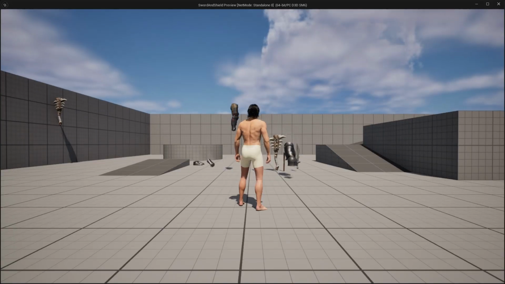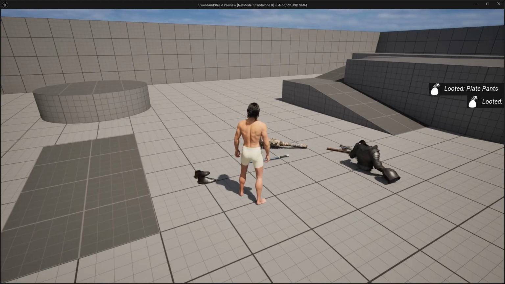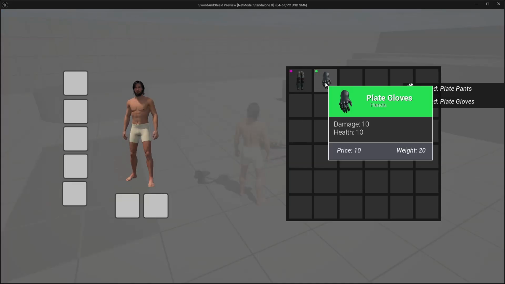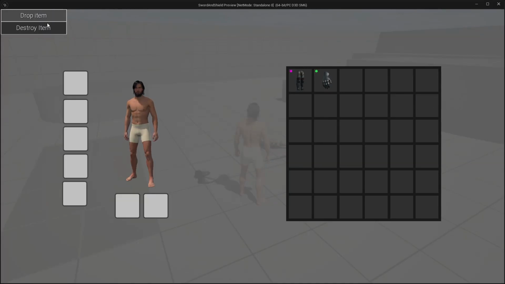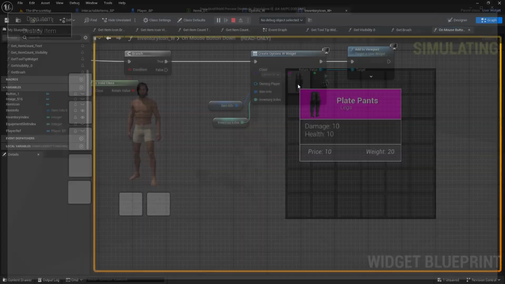If you play the game now and right click on any item, not on an empty one, it will create the widget here. So you got drop item and destroy item, but as you can see, it created it in a corner. What we want to do is create it here. So